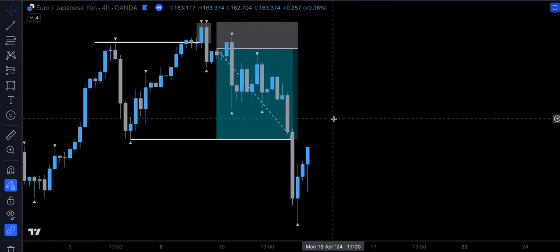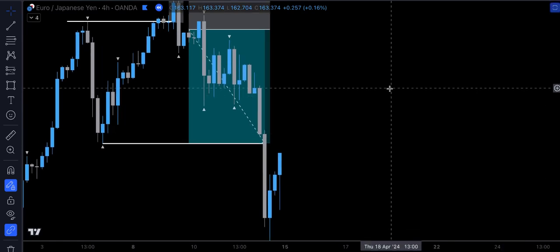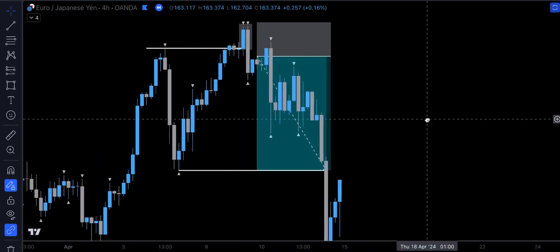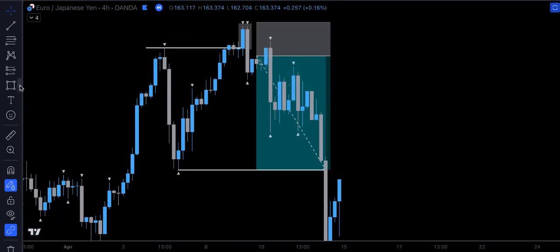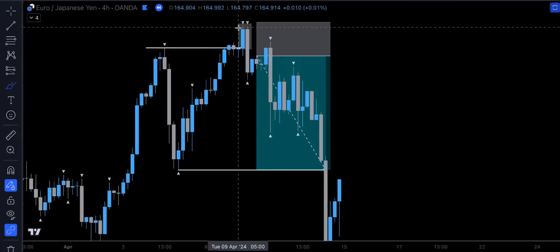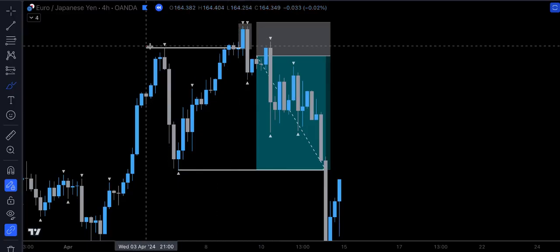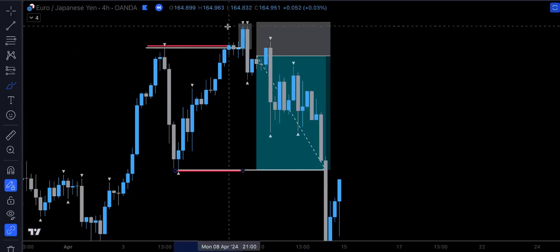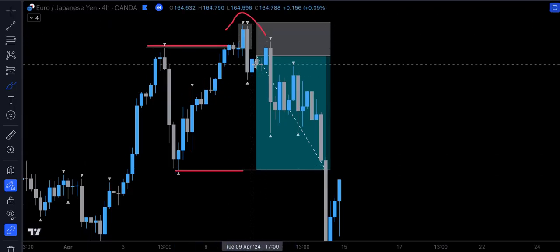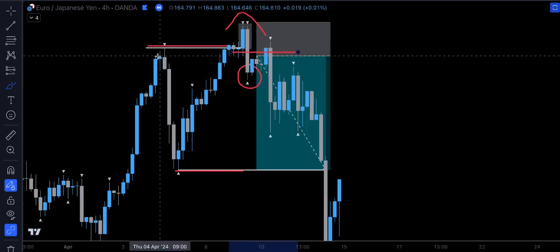You may look to target liquidity. That's really up to your own trading preference. However, in this video, we're teaching the basic concepts, which is this is the range that we're dealing in. This is the deviation right here. This is the reclaim of this level right here. And then our entry is around this key